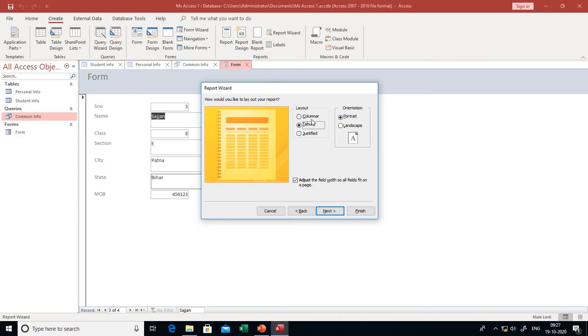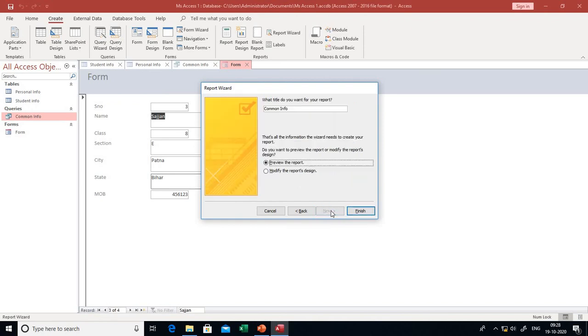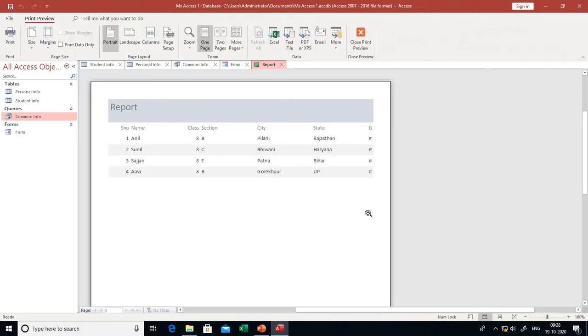Choose here in this section layout and orientation of page. For example, I'm choosing here tabular layout and portrait orientation. Click on next. It will ask about the report name. I'm giving here report and then click on finish button.